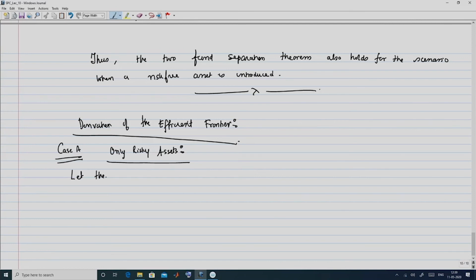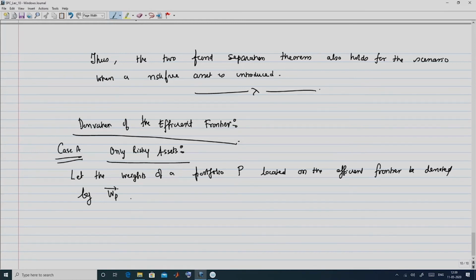So, let the weights of a portfolio P located on the efficient frontier be denoted by W p. Then remember we had sigma p square is W p transpose sigma W,